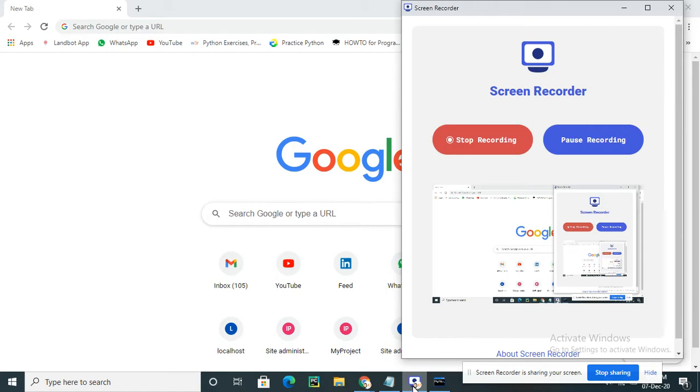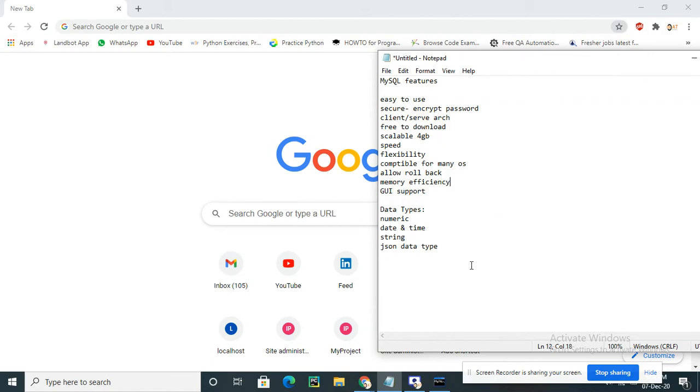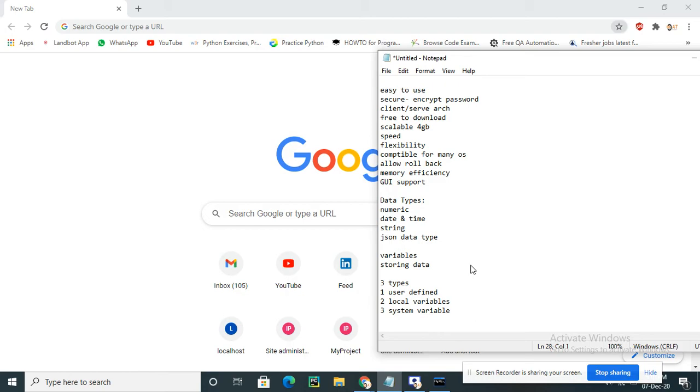So I'll write that in this section. Variables are mainly used for storing data. These are the types of variables available in MySQL.